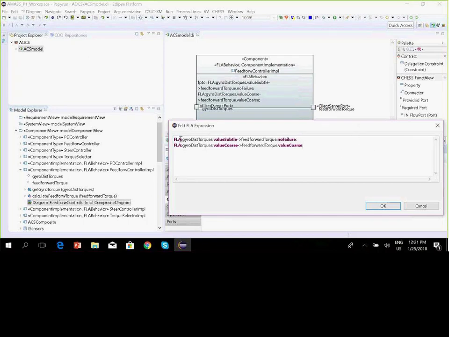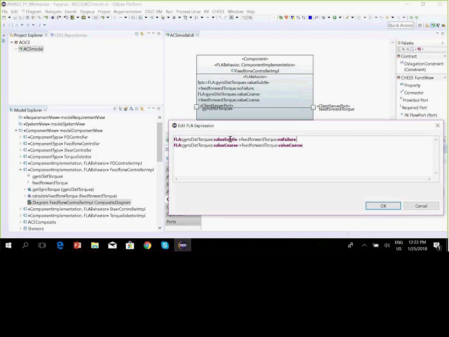For example, the first rule here describes that on the input port of this component, which is called gyro distributed torques, a value subtle type of failure could generate no failure on the feed forward torque. That means